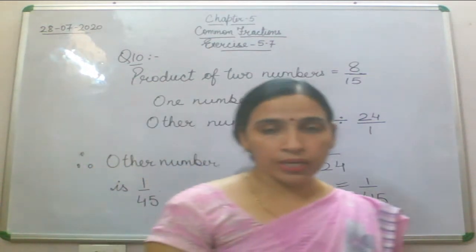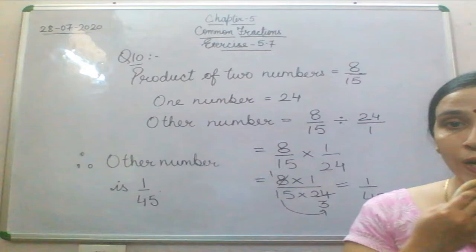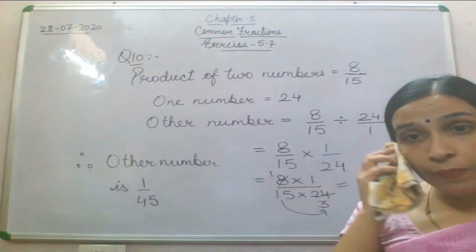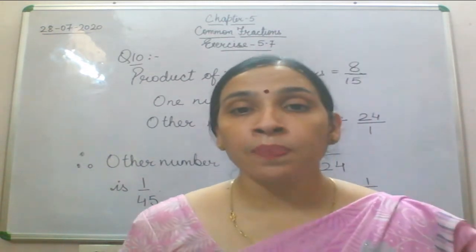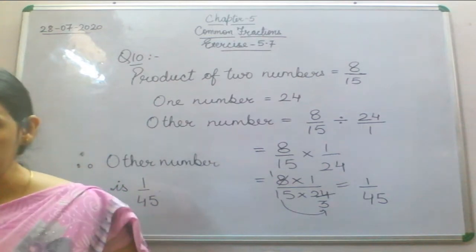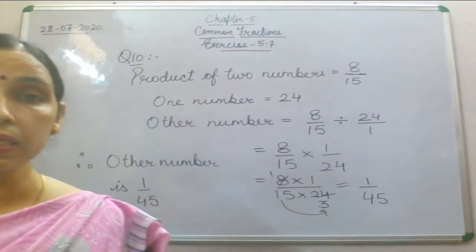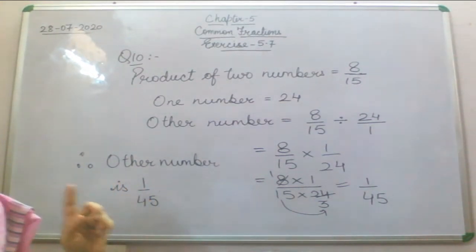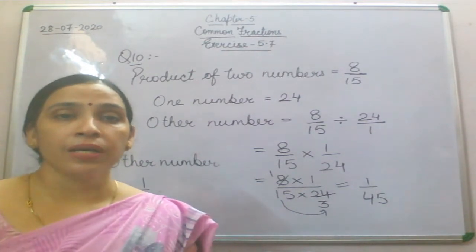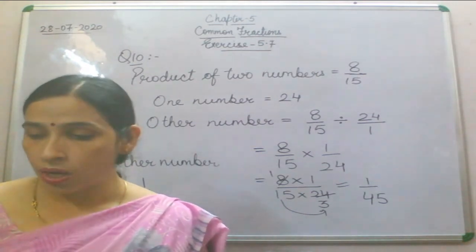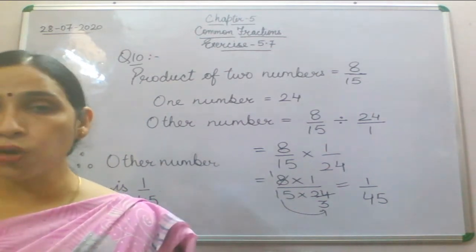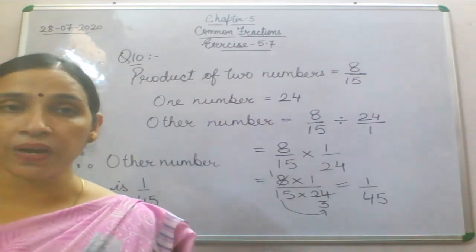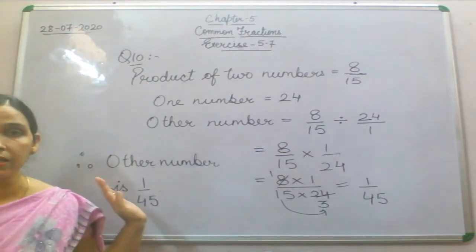So we have done this question. I hope this question is clear to you all. And this same kind of question we have done in the examples also. If you remember, on the first day when we started division of fractions, we did the third example also, which is again this kind of question only. I'll read out that question also. Example 3. If you have any doubt, you can ask right now. What is there in example 3? The product of two numbers, which is 15 by 22, is given, and one of the numbers is 5. Again you have to find it out with this method only.